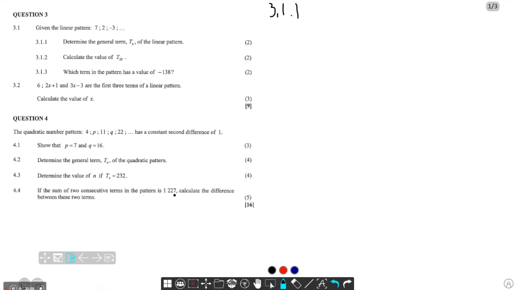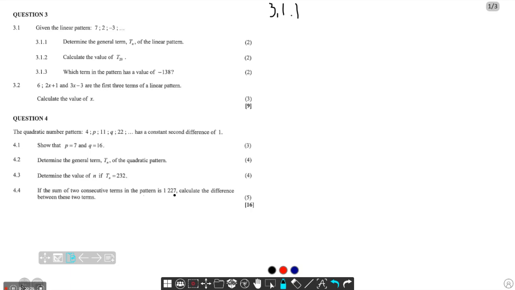Today we're doing number patterns, right? Okay, so yeah, we're going to do question 1 and question 4. It's based on linear patterns and quadratic number patterns. Now,